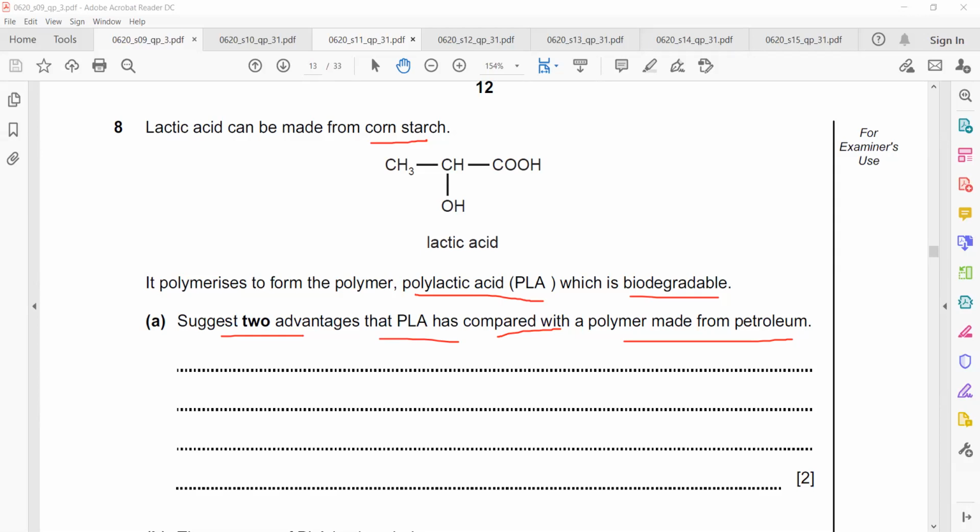So it degrades in the environment over time, so it does not pollute the environment. Biodegradable means it will break down naturally, and you can see it is made from cornstarch. Cornstarch means it's a renewable source, like we can use it again and again. We can grow the corn and extract the starch from it and make a polymer. But the disadvantage of this,